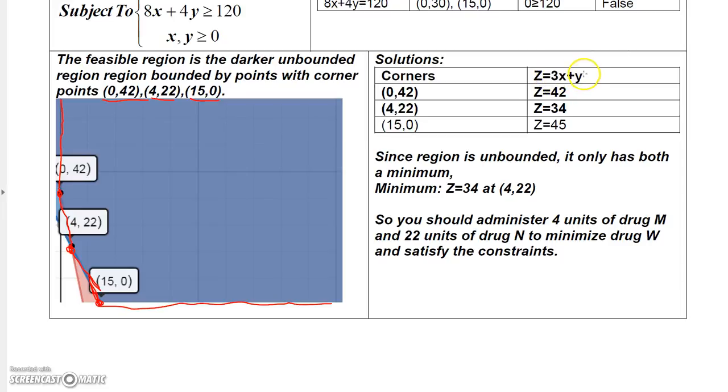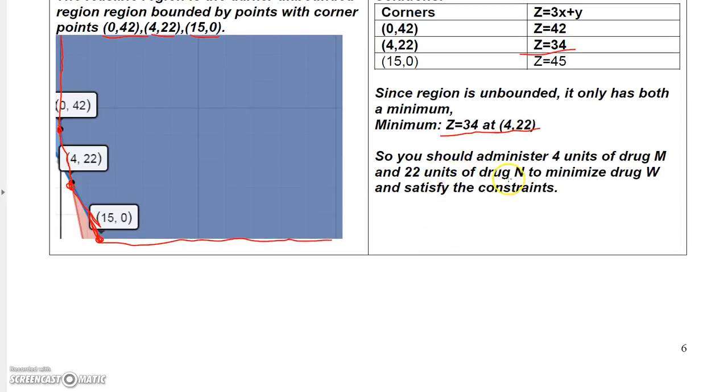3 times 0 plus 42 is 42, 3 times 4 plus 22 is 34, and then 3 times 15 plus 0 is 45. So it only has a minimum, and of these three values, 34 is the smallest, so the minimum is W equals 34 at the point (4, 22). So you should administer 4 units of drug M and 22 units of drug N to minimize drug W and